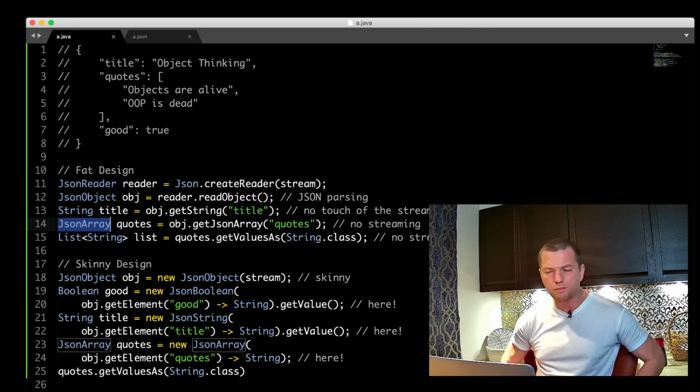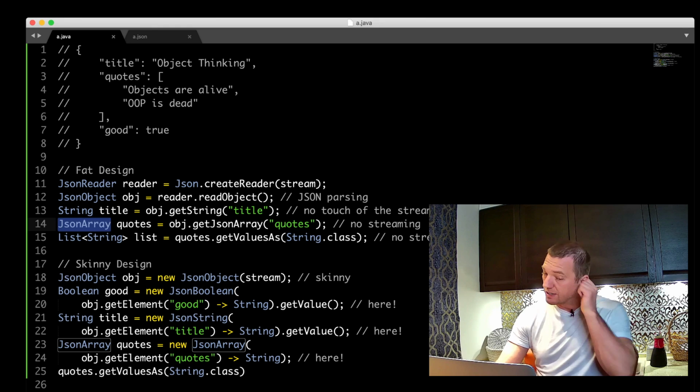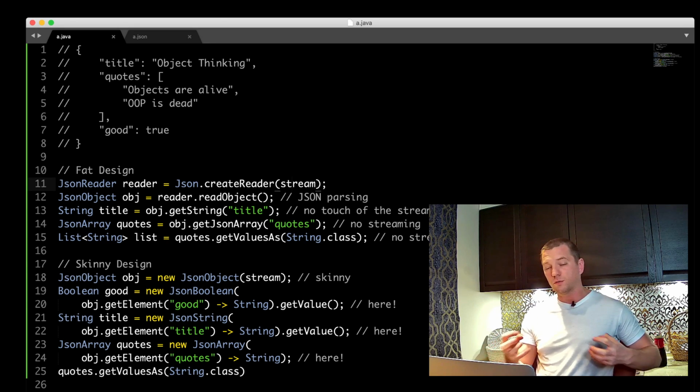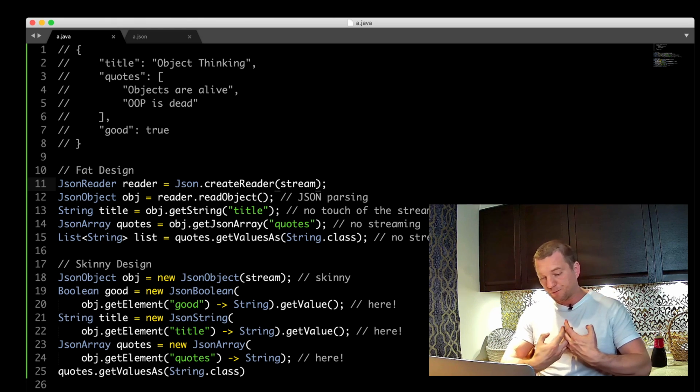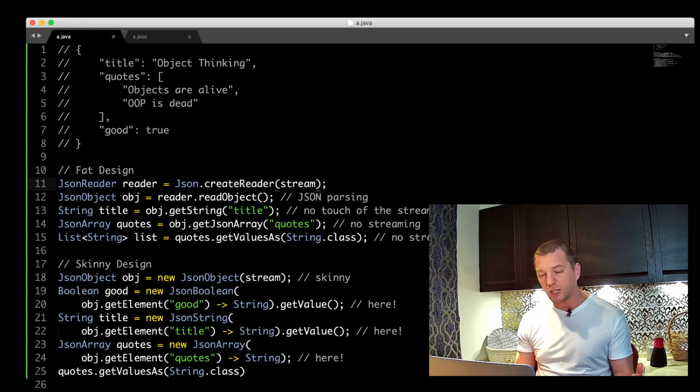The JSON array is a pretty dumb structure. Most probably it's a data structure. It's not even an object. It's a pretty dumb holder and an envelope for data. So at this point, when the JSON array is here, it's too late to tell anything about the stream, to say that we had some problems, and so on. That's the cohesion problem. We just broke the interconnection between the functionality and the place where this functionality is being used.